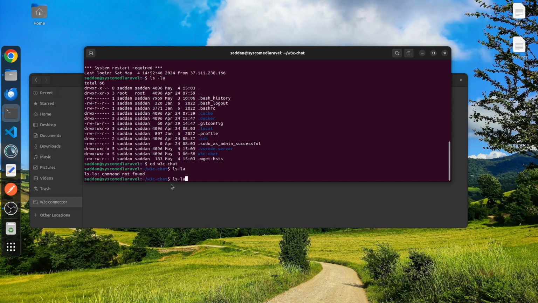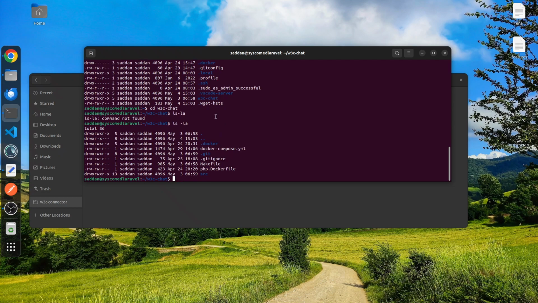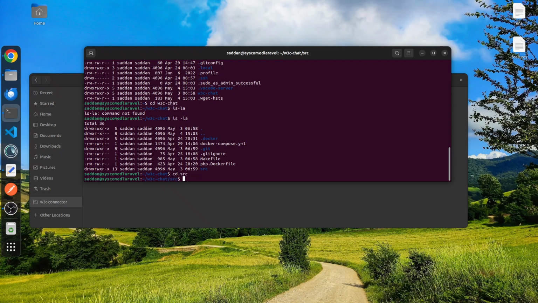You can see all my files are here. There is a .docker directory, docker compose, then git, and also src, which is the main project directory. So it's a Docker project, and I containerized my Laravel project here. If I move to src and list all the files,